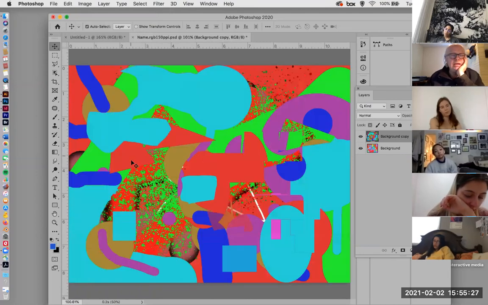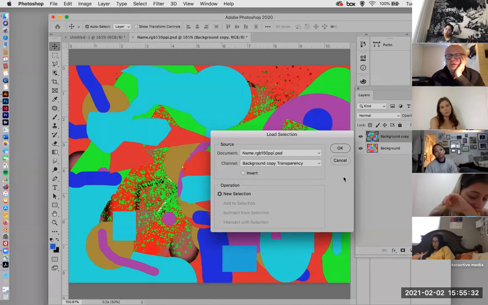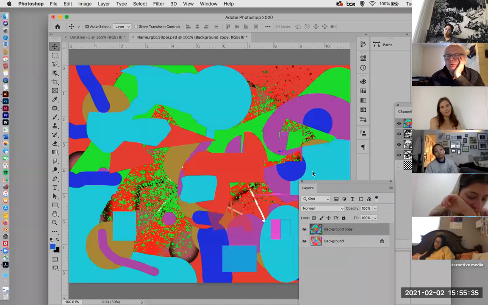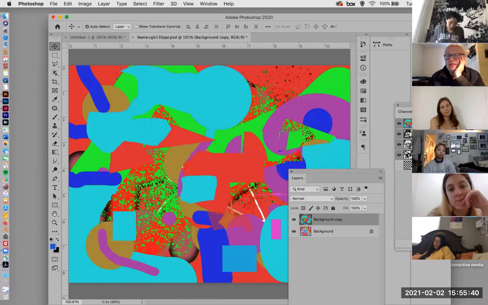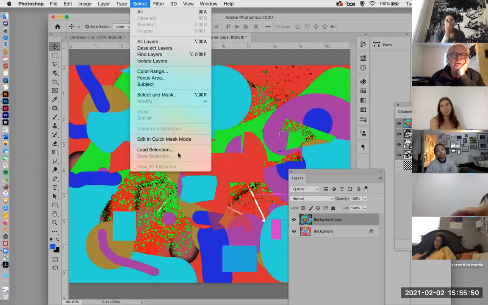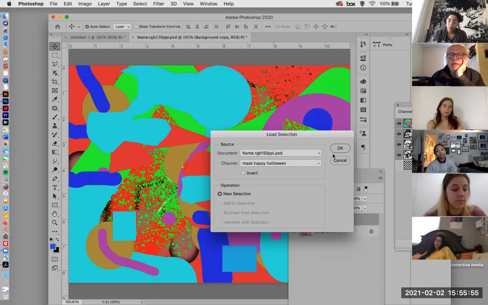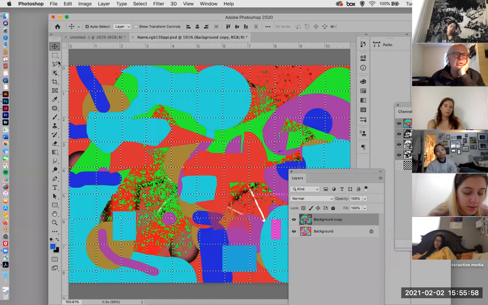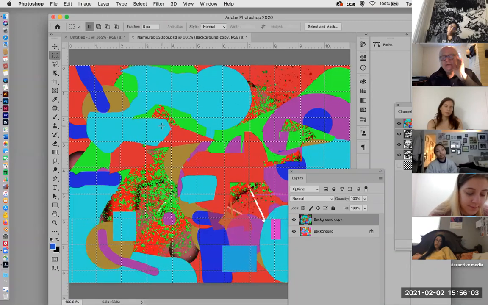And now I can select, load my selections, what I've saved. I'm going to go slow here. There is my mask that has the selections. This is a latent selection. It doesn't print. It makes your file weightier, more information, more memory. But it's used to just do this. Select, Load Selection, happy Halloween, and OK, there's my selection. Now I have to check which is the selection and which is not. So when I hit delete,